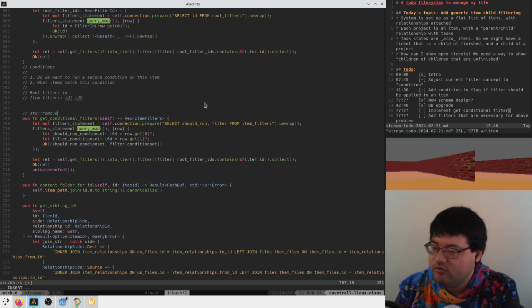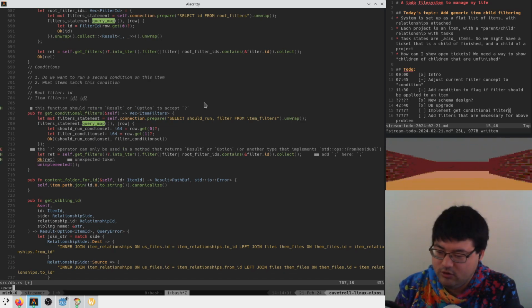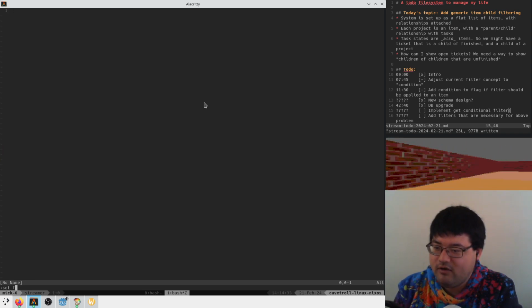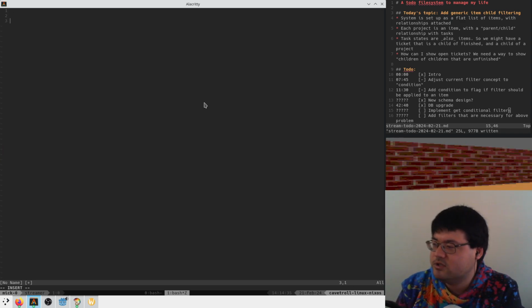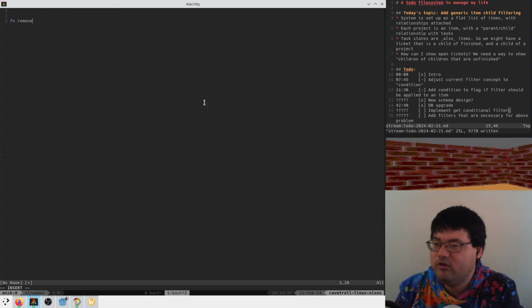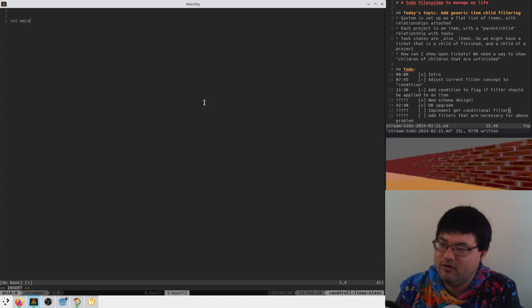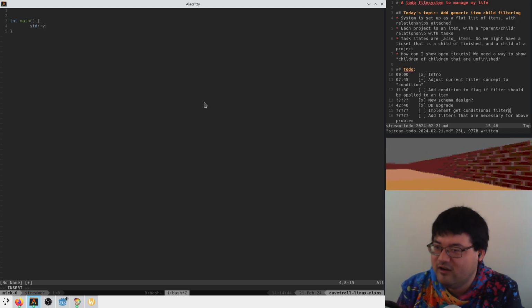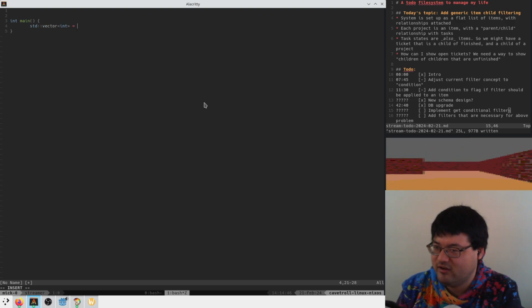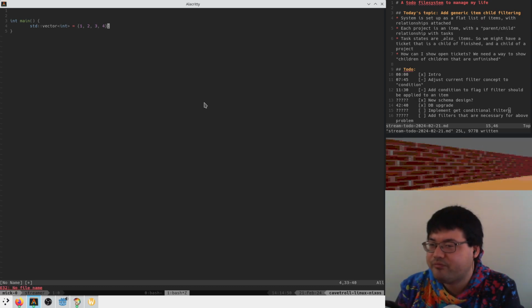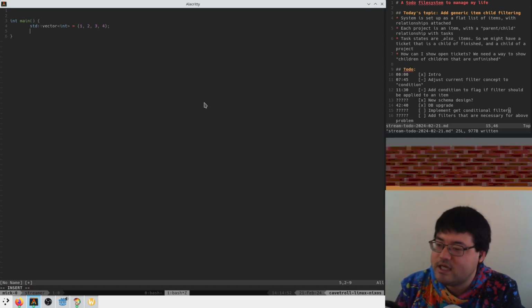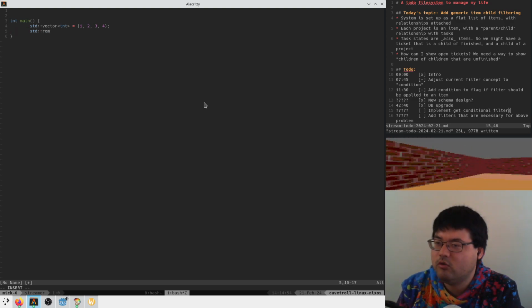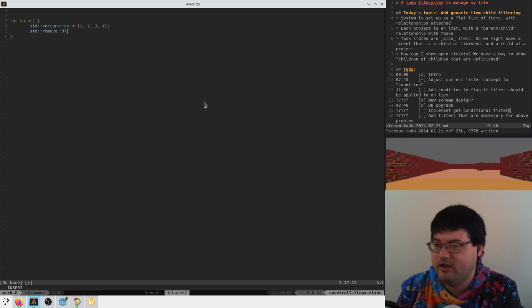std remove. Actually, let's do enum set ft equals cpp, right? You're going to do something like function remove elements. Int main. This is how you write C++, right? And you're going to do something like, I have a vector of ints, and I have 1, 2, 3, 4 or something, right? And if I do something that seems really sane, like std remove if, and you say, you have your,